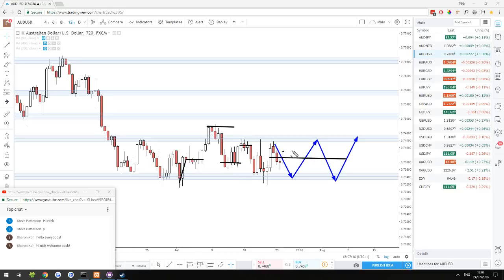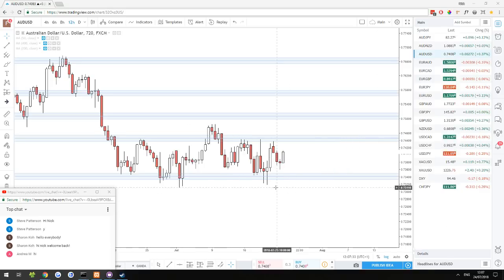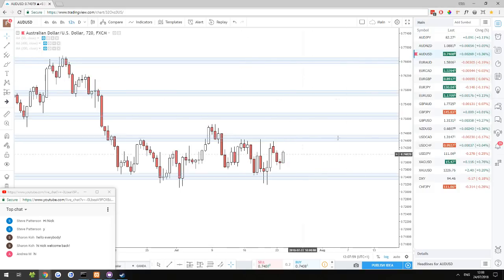Sometimes it breaks above the range. So it's a bit of a trickier range to trade, but hey, trading isn't always going to be easy. There's always going to be tricky trades, and there is potential for range trades here. Not right now because it's in the middle of the range, but do keep an eye out for price hitting the top of this range or the bottom of this range for long and short trades. If it hits the bottom, you're looking to go in long. If it hits the top, you're looking to go in short, that kind of thing. We'll keep a close eye on that this week, see how that plays out. But right now, it's in between, so there's not that much to do at the moment.